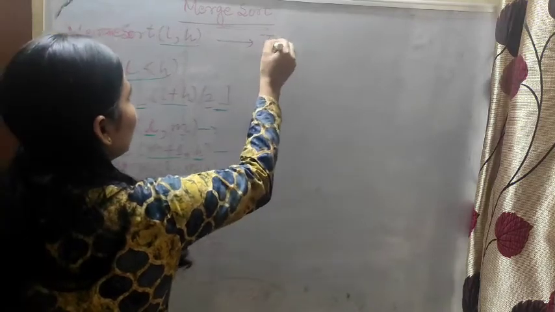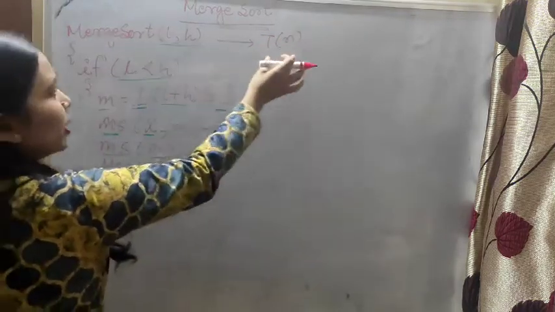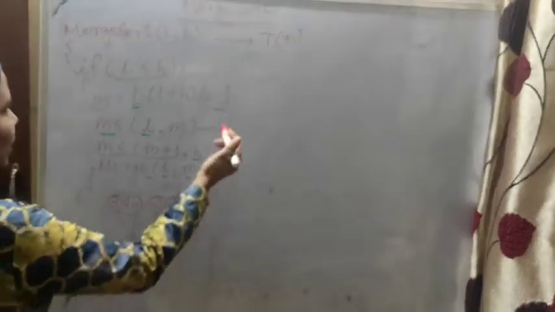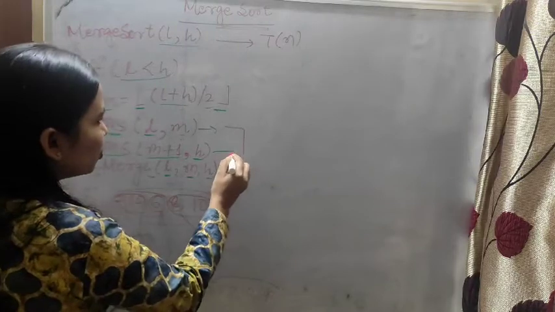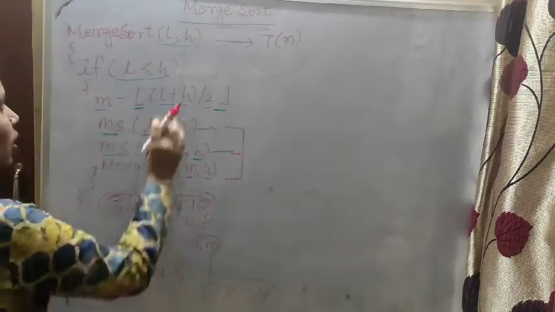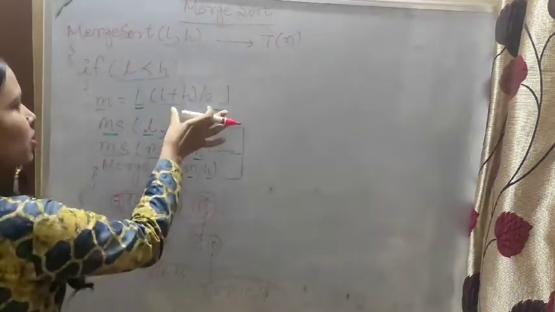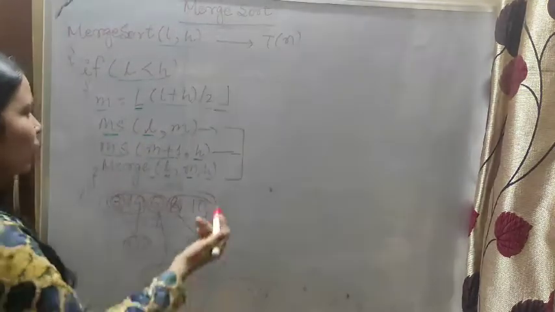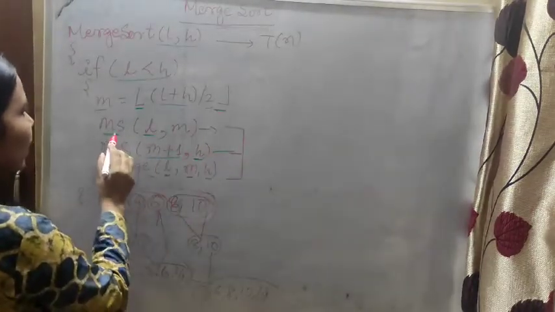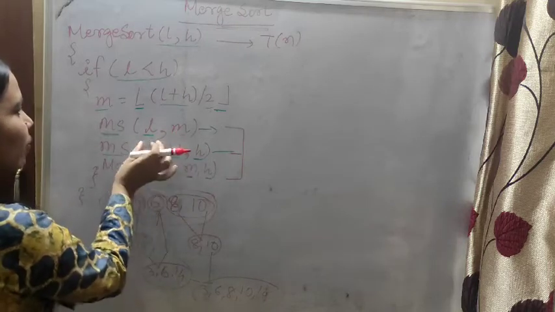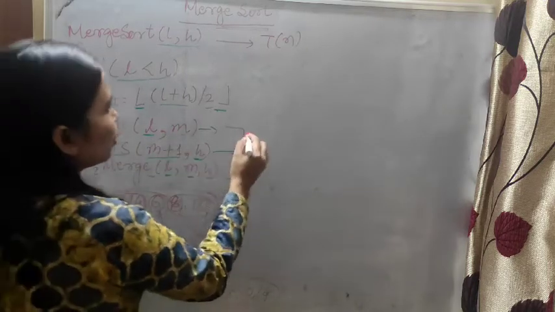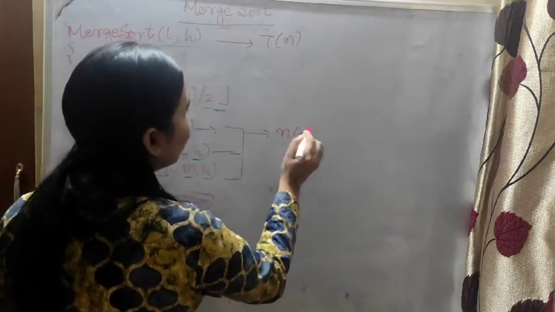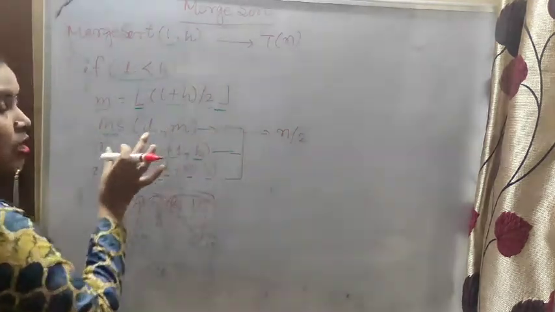See, suppose I am taking, let's assume, this is time complexity T of n. Merge sort time complexity, I am taking T of n. Then come to the merge sort here, because we are using the process only on these parts. It is the condition. This is the middle part, how to find the middle value, and now come to these parts. Then merge sort L comma m, that means first element and middle element. So here we are using n by 2, that means divided into 2 parts, sub arrays.